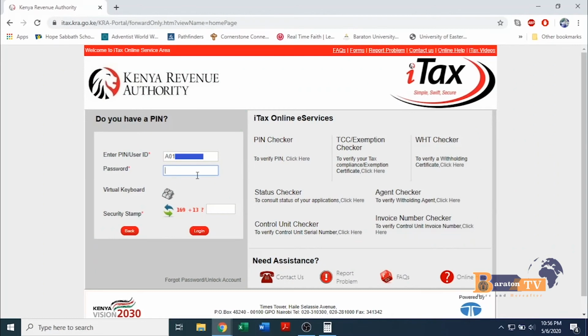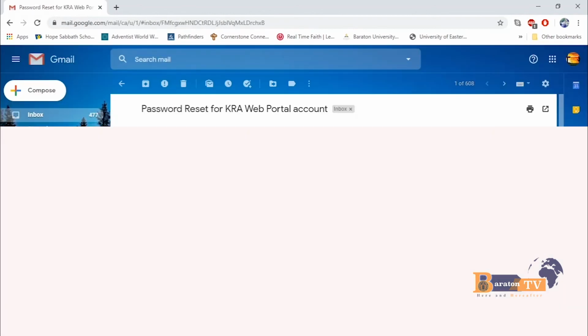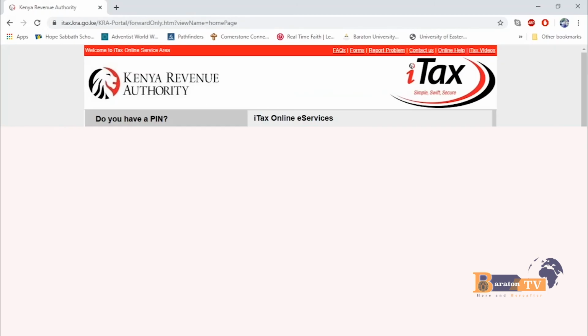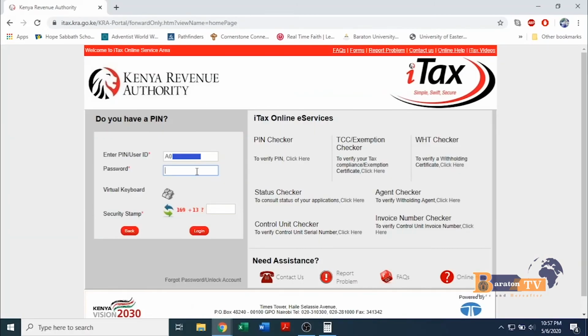Now the password is the password that has been sent to you here. It is safer to record it somewhere on a paper, so that it's easy. It's case sensitive, so make sure that you write exactly as it appears. This K is a capital K, M and V uppercase. Therefore, head back to password. It's capital K, 4, uppercase O,